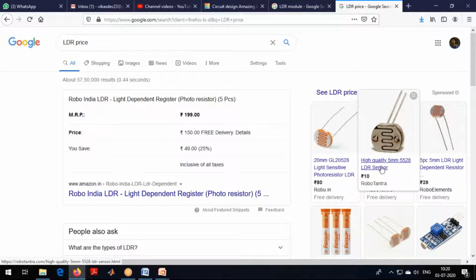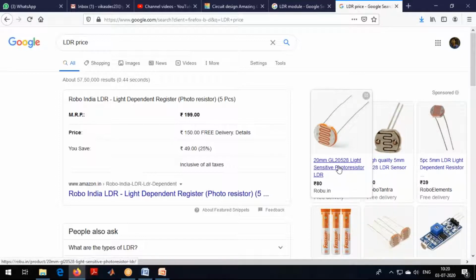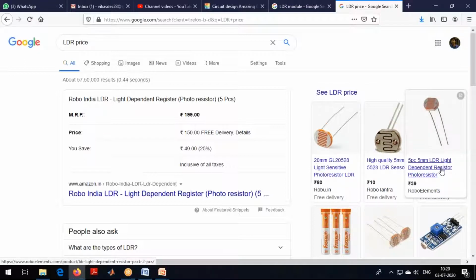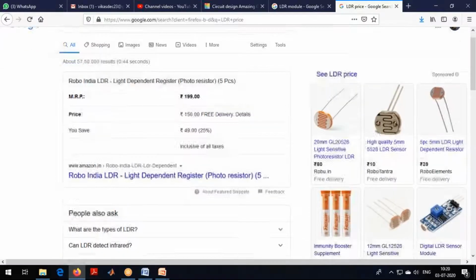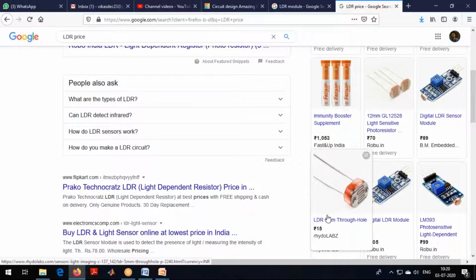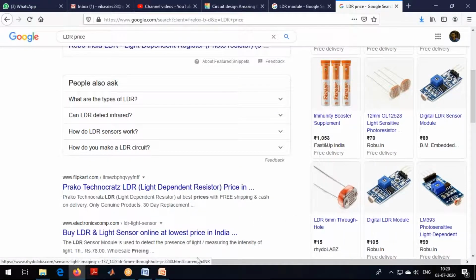See, this is 80 rupees, but there are some places where I'll get it for 39 rupees also. You can even see 10 rupees here. So I can get this LDR for 10 or 15 rupees.